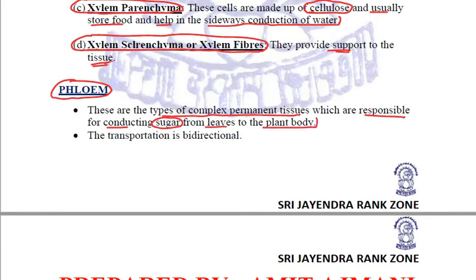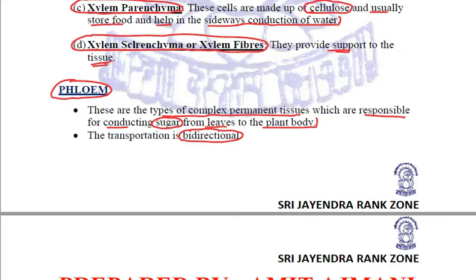This sugar, or we can say the food which is synthesized in leaves, that food is transported by phloem, and the transportation is bidirectional. Unlike xylem, in xylem the transportation was unidirectional, and in phloem the transportation is bidirectional, and